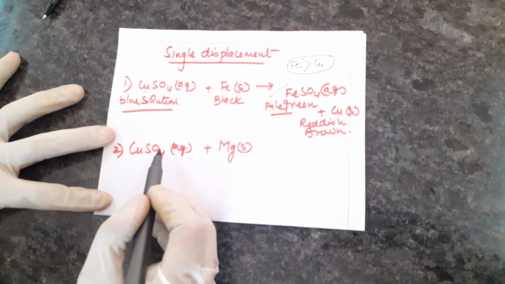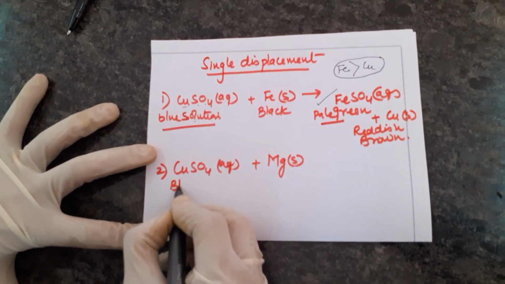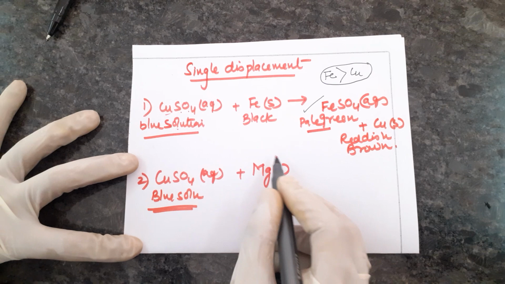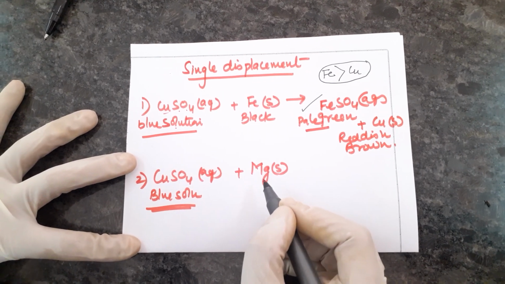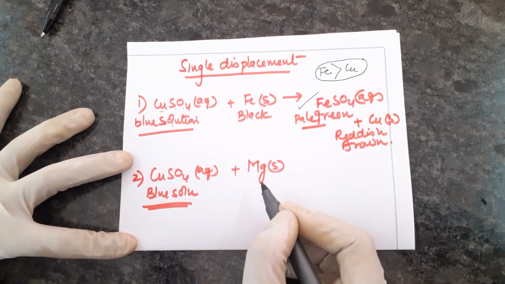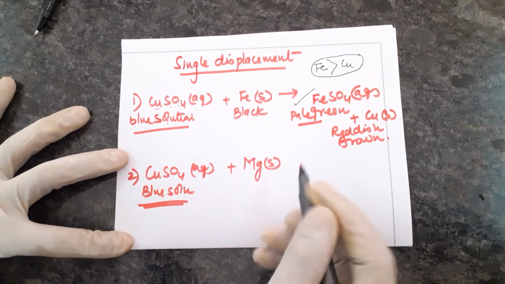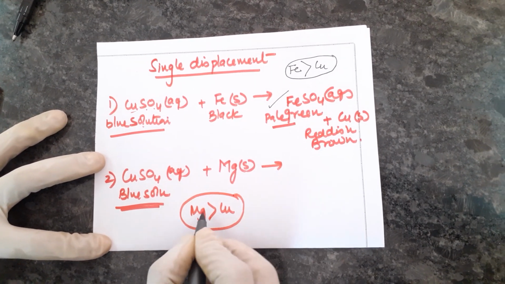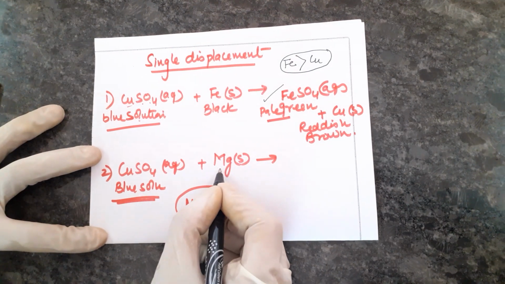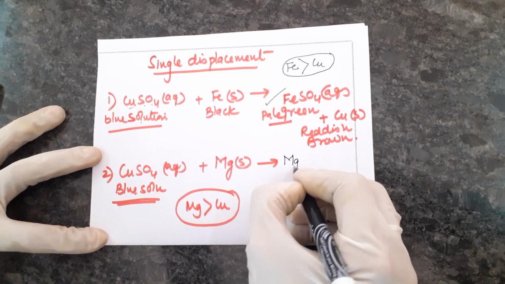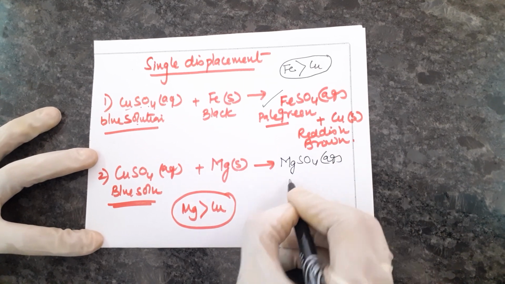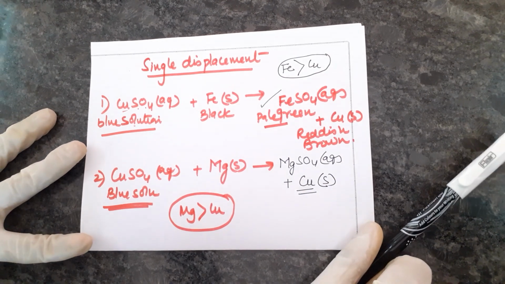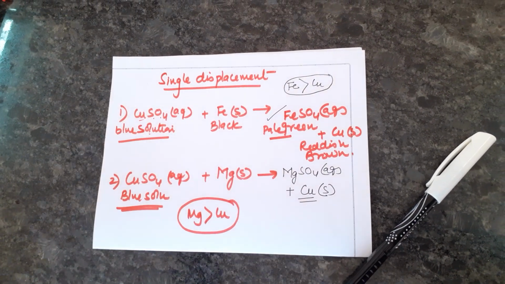The second reaction which I will be showing is again with copper sulfate, which is a blue solution. To this blue solution, I will be adding a piece of magnesium ribbon. Magnesium ribbon, beta, is a shiny silver colored ribbon. I am taking a fresh magnesium ribbon. When it gets old, it turns black due to magnesium oxide formation. Again, we very well know magnesium is more reactive than copper in the reactivity series. It is above copper, so it will be able to displace copper. You would end up with magnesium sulfate aqueous solution, which is colorless, and you would get copper deposited again, which is reddish brown in color. These are the two reactions which I will show you now.